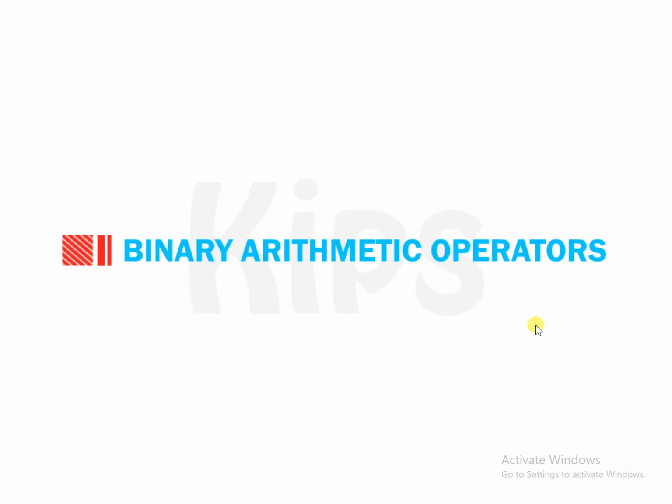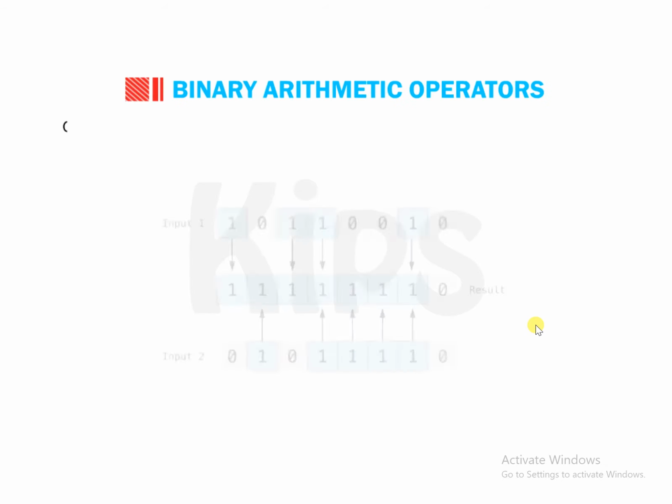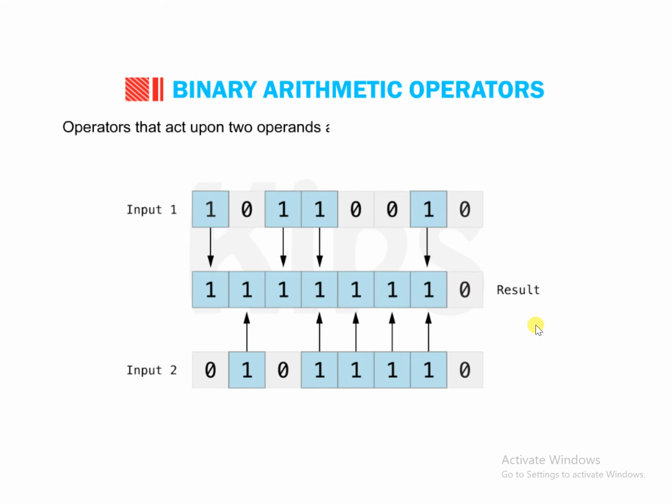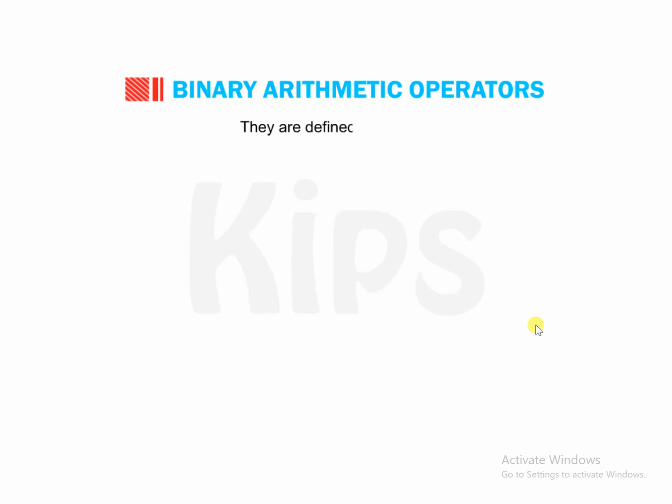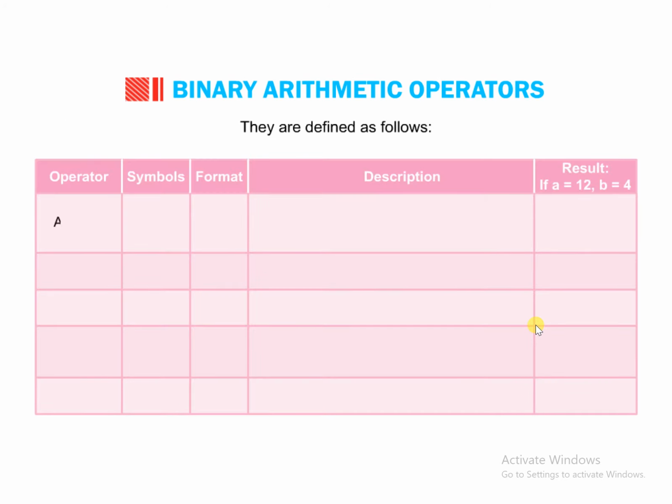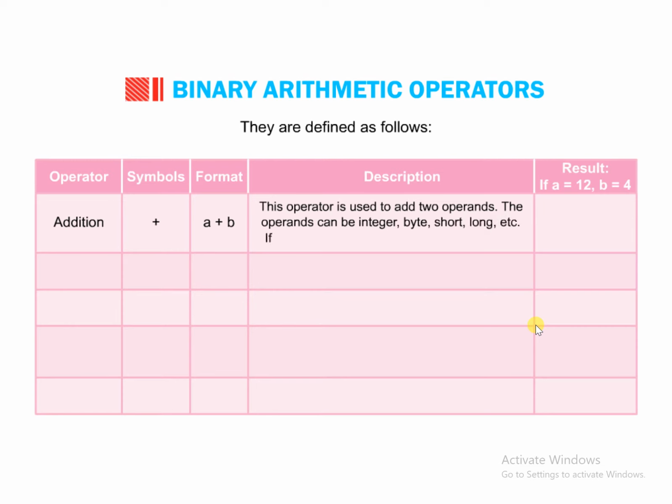Let us understand binary arithmetic operators. Operators that act upon two operands are known as binary arithmetic operators. They are defined as follows. Operator: addition, symbol +, format a + b. Description: this operator is used to add two operands. The operands can be integer, byte, short, long, etc. If they are strings, they will be concatenated. Result, if a = 12, b = 4: